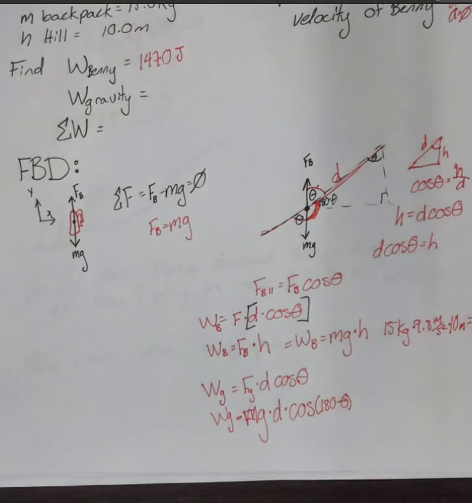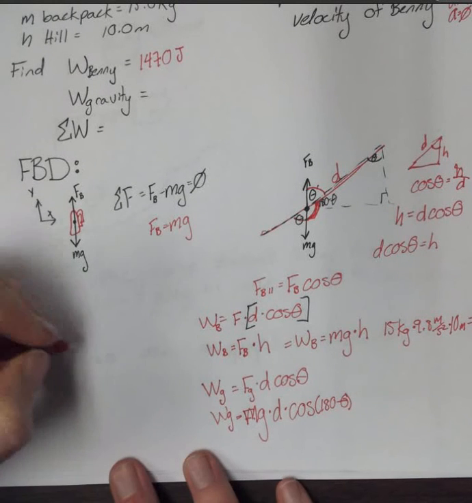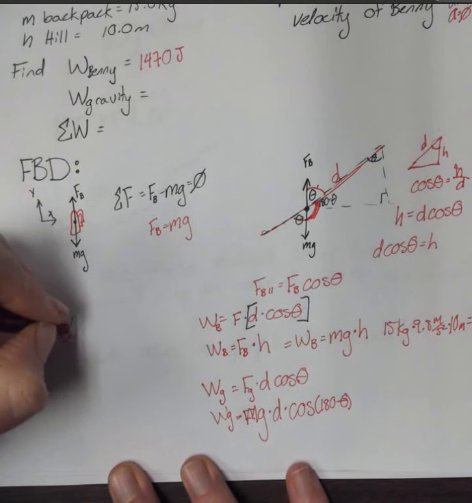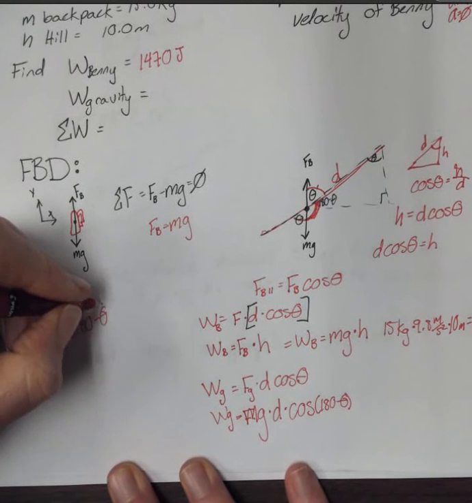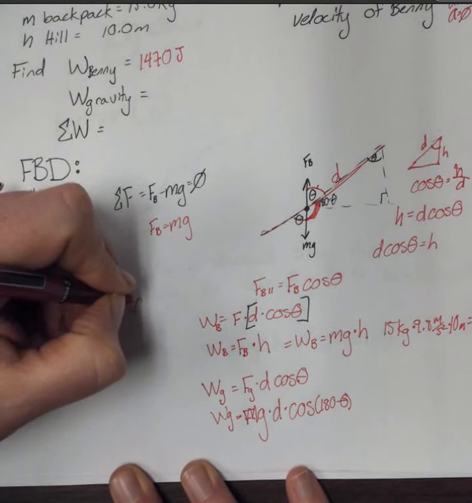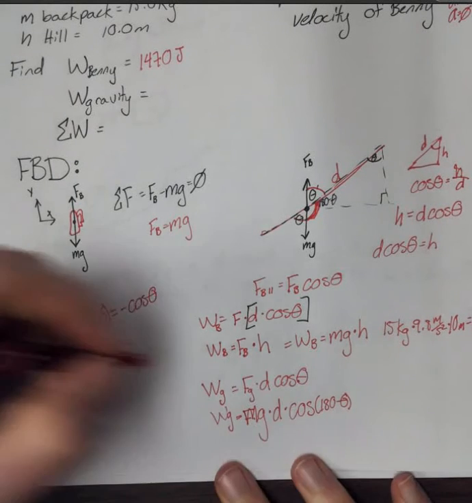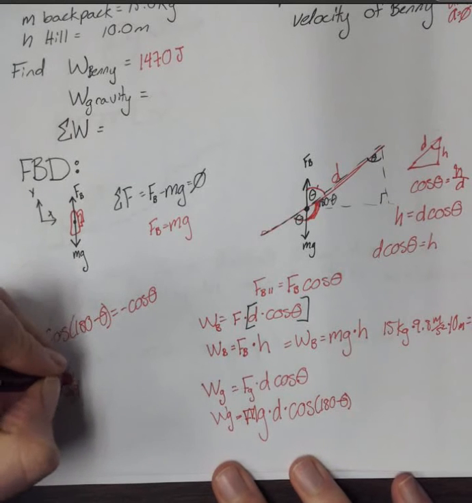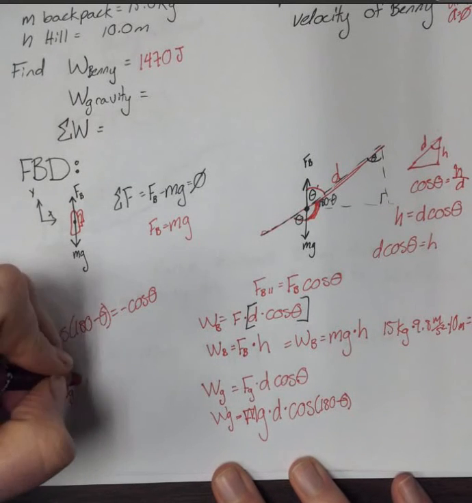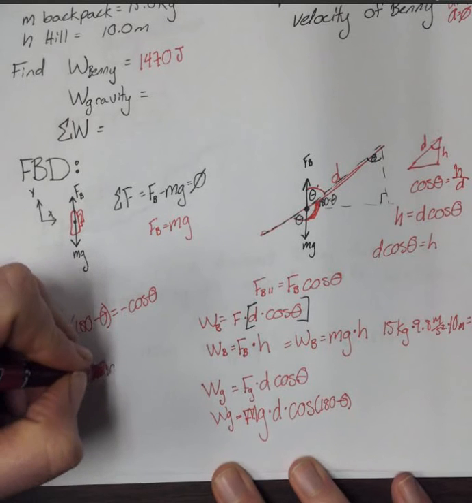And you know by that principle, this is a trigonometric concept, that the cosine of 180 minus an angle is equal to negative cosine of the original angle. And if you didn't know that trigonometric proof, remember that you have these trigonometric proofs able to look up, or you could just check it out concept-wise. This is also going to be true. So that means that the work done by gravity is going to be equal to the negative mg times d cosine theta,